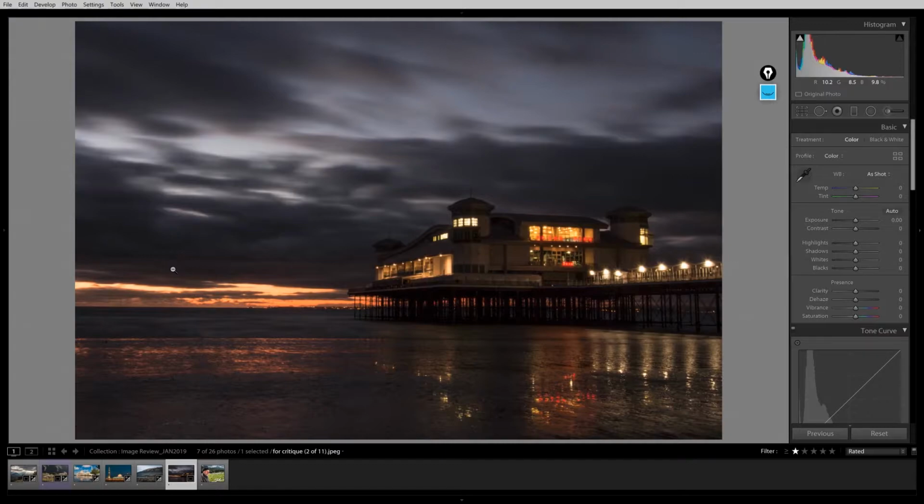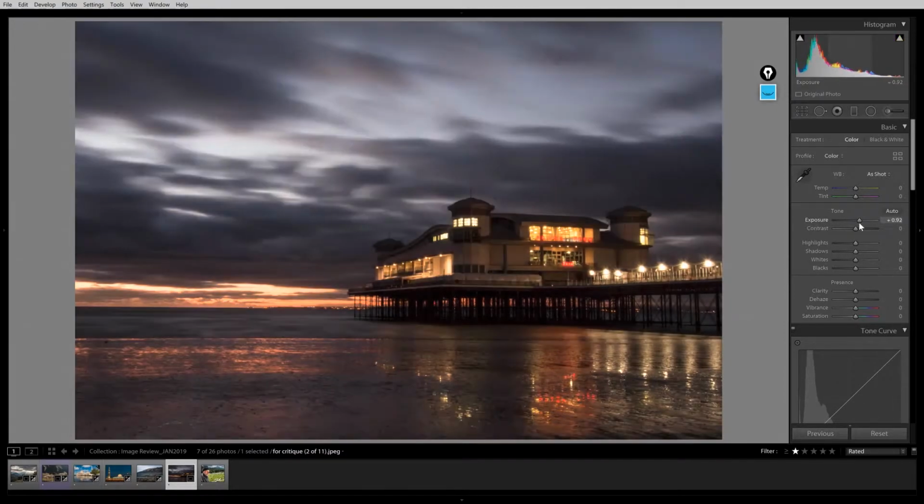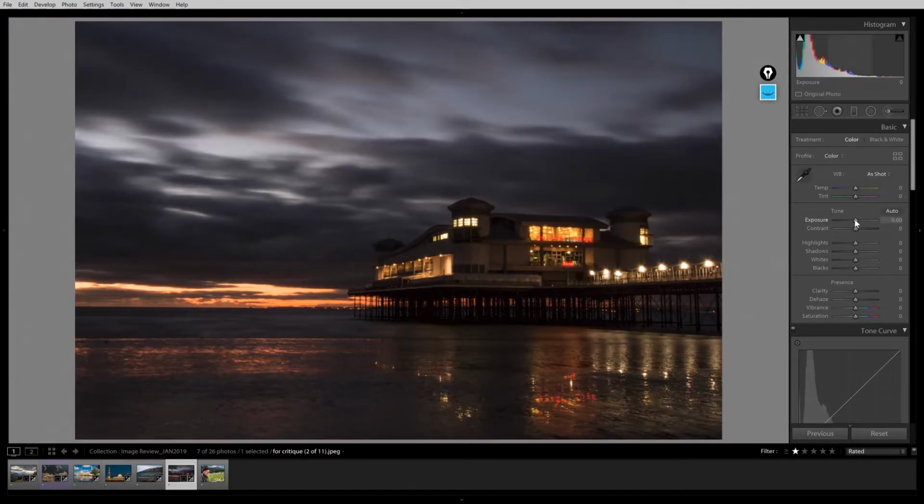And then what should we do? So yeah, I think this crop works for me. And then the other thing, the obvious thing for me, is that the exposure is too dark. So I'll just be bringing that up by about a stop. And then having brought that up, you'd need to correct your highlights again. But the overall image is too dark